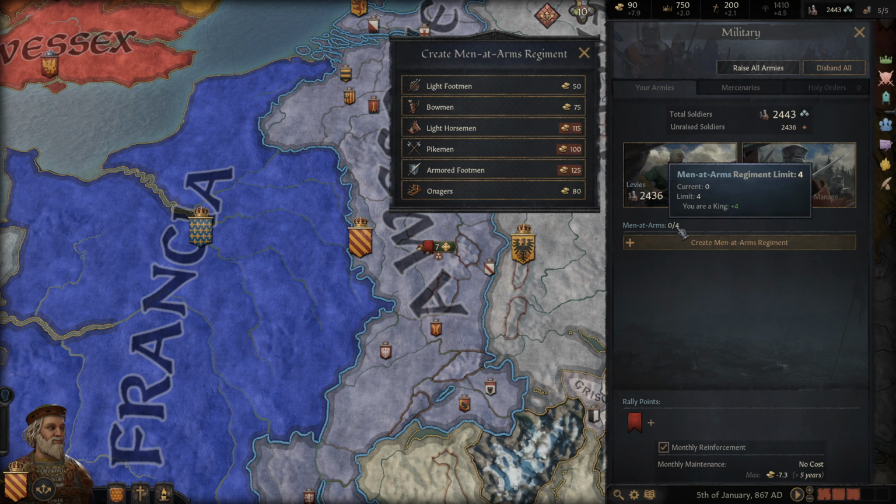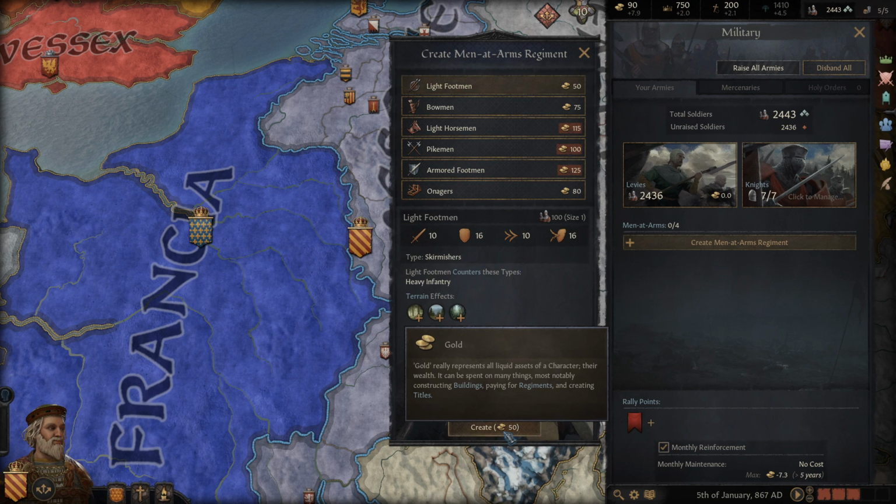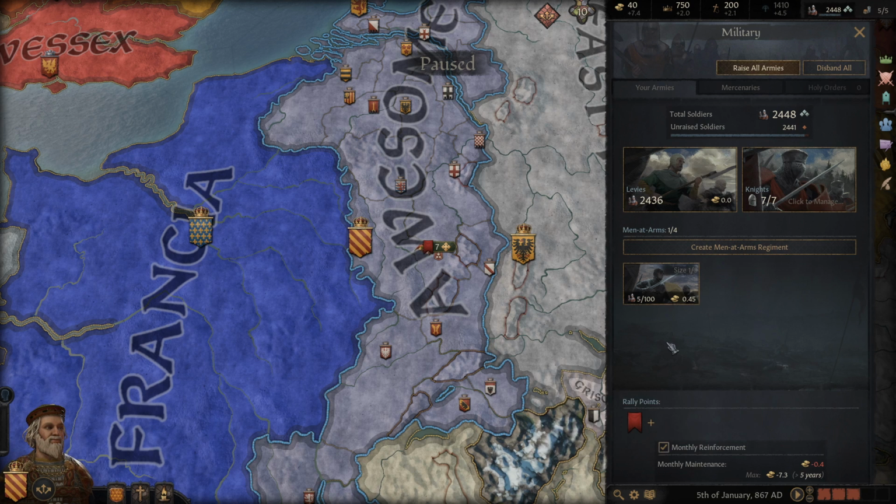Now, you do have a men-at-arms limit. The amount that you can have is based on your rank. So as a king here, we can have 4. But it's not quite as clear-cut as it seems. If I go and raise some light footmen here, so I'm going to go ahead and recruit them. There we go. I don't know why I wasn't clicking. I think it thought it was on a tooltip. So I now have this regiment of men-at-arms. You can see I'm now 1 of 4. So I could build 3 more. But in addition to that, there's